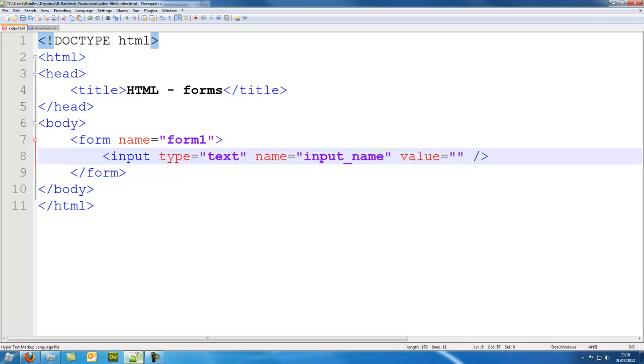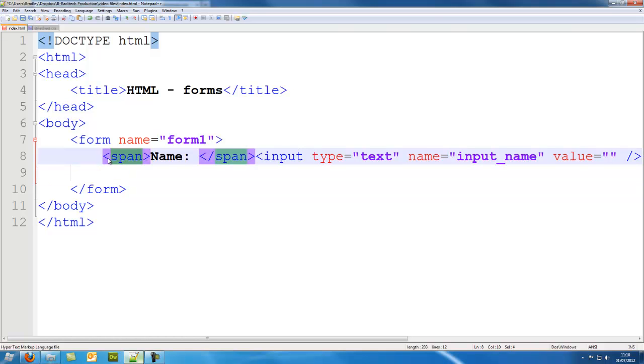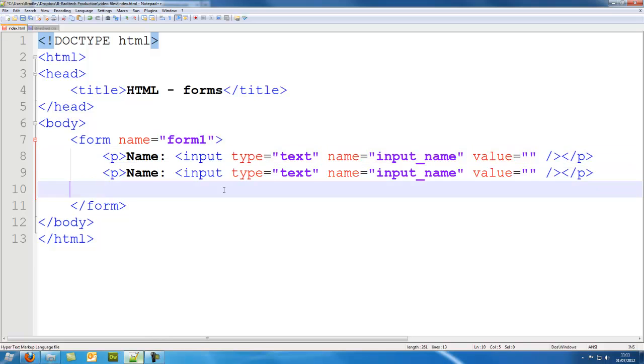I'm just going to close the input tag, and I'm just going to span here, say name. And drop this down, or I could just put the whole thing in paragraph tags. That would be better. So I'm just going to duplicate this down, and I'm going to now have a